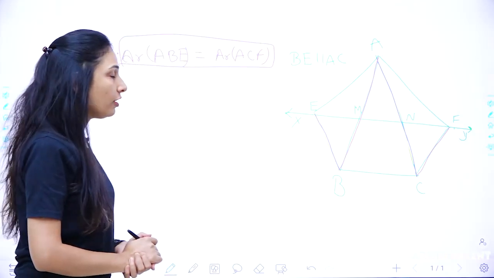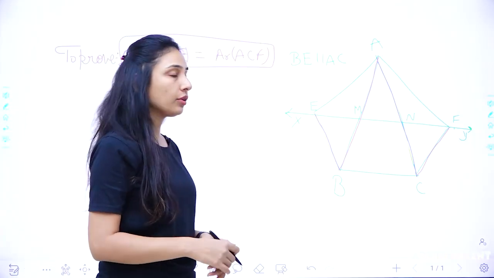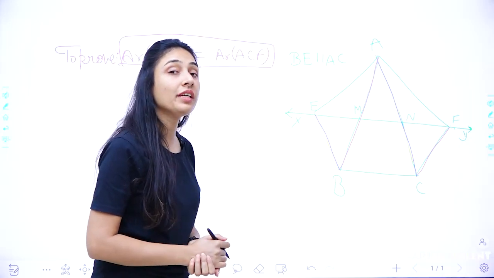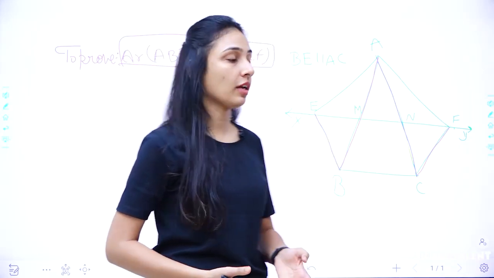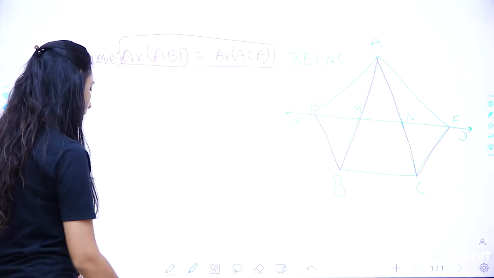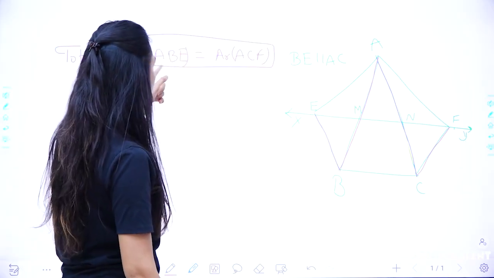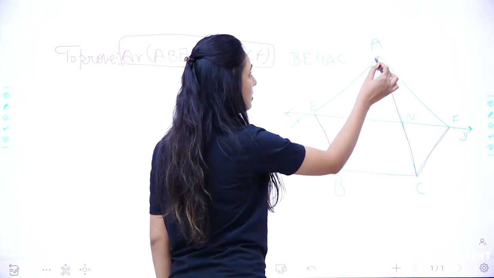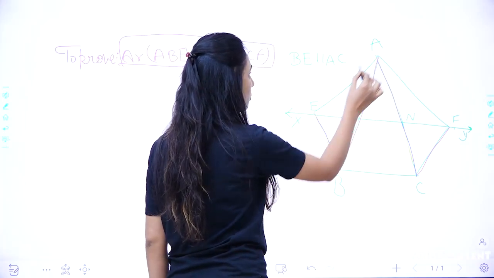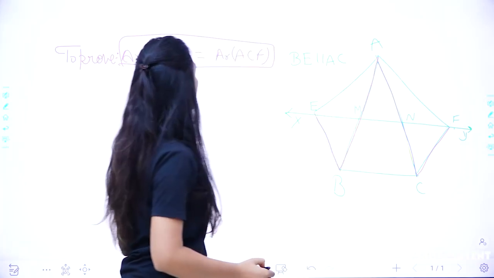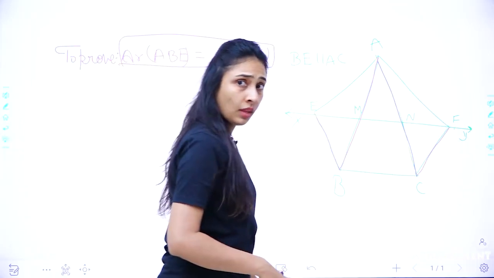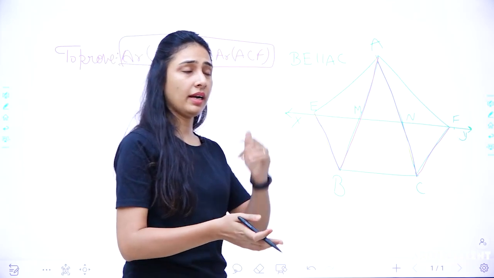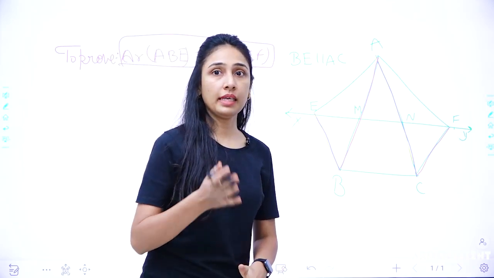So how are we going to prove that? We are going to use the same concept of parallels, parallelogram, triangle and the related areas of them. First we need to identify which area we are talking about. ABE: A is this, B is this and E is this. So this complete area is equal to this ACF. We are going to use the parallelogram and triangle theorem, that the area of a parallelogram